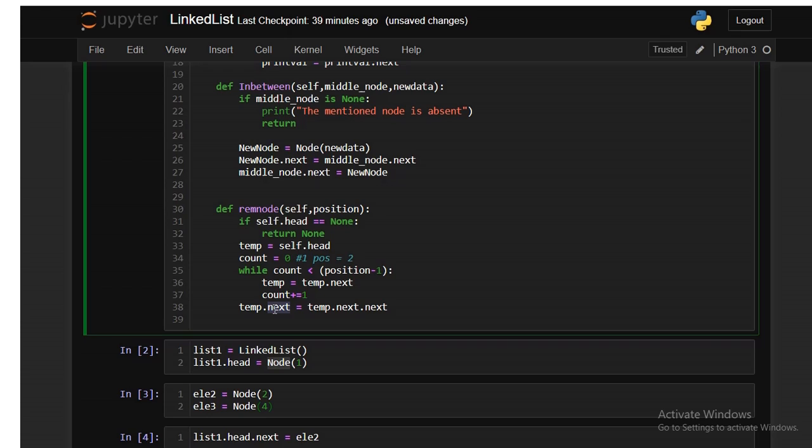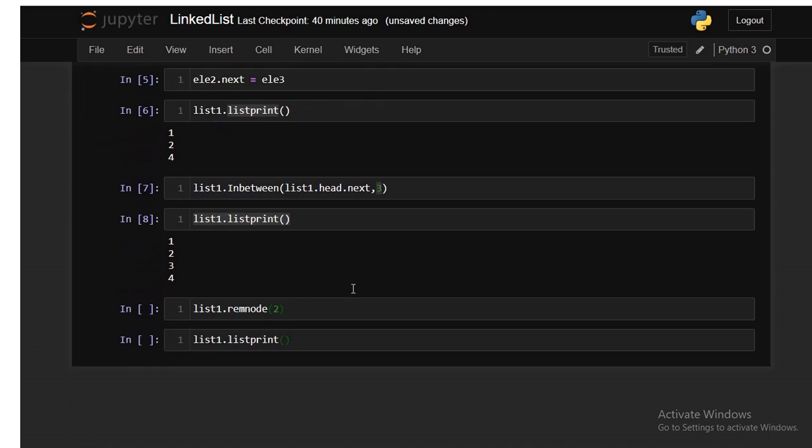So now node i is not being referenced by any node, so it is out of the linked list. That's exactly what is happening here. Temp.next would normally point to temp.next, but as we want to delete the node, we point temp.next to temp.next.next. So we are skipping a node while referencing. Okay, that's how deletion of a node in a linked list works.